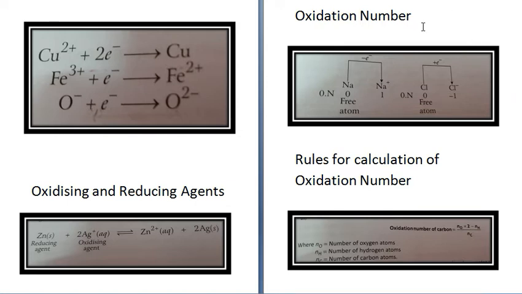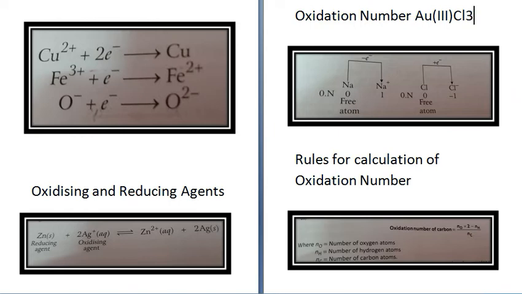Atoms of transition elements usually display several positive oxidation states. The oxidation number of a metal in a compound is sometimes represented by Stock notation, in which the oxidation number is expressed by putting a Roman numeral in brackets. So the Roman numeral is put in brackets after the symbol of the metal in the molecular formula.